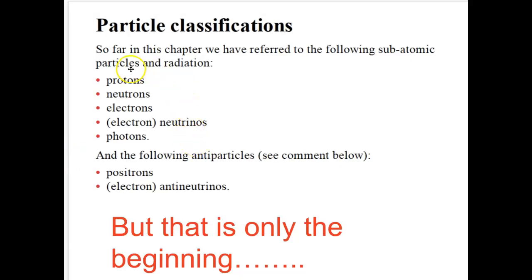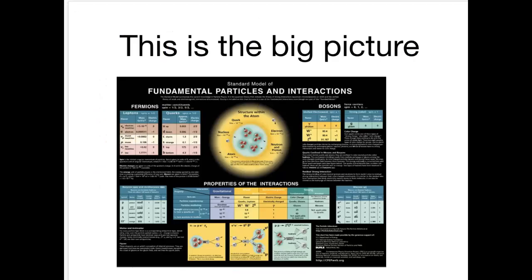Well, the particles that you should be familiar with are the proton, the neutron, the electron. We've also talked about, during beta emission, the neutrino, the positron, and the antineutrino. These are particles that are released during the emission of a beta particle. But photons have also been discussed when we've looked at absorption and emission spectra. So you already know a fair few, but this is the grand total of particles that you need to start